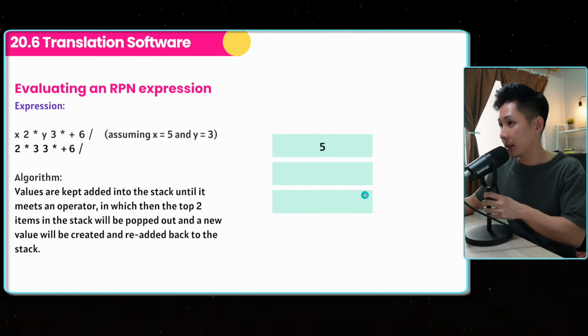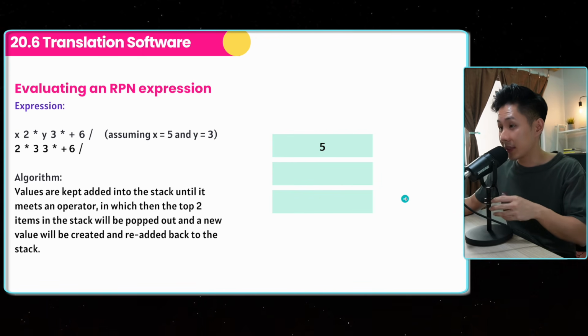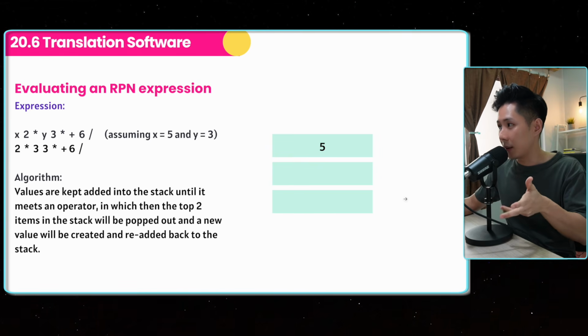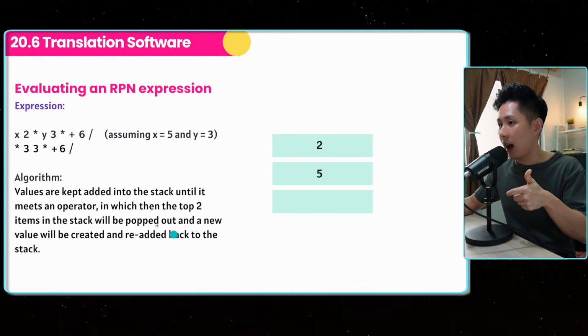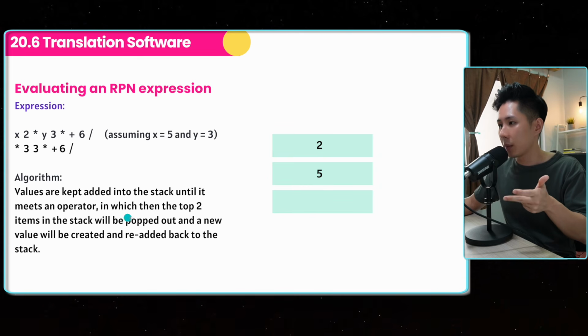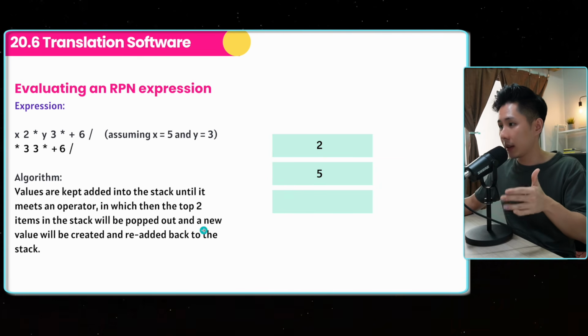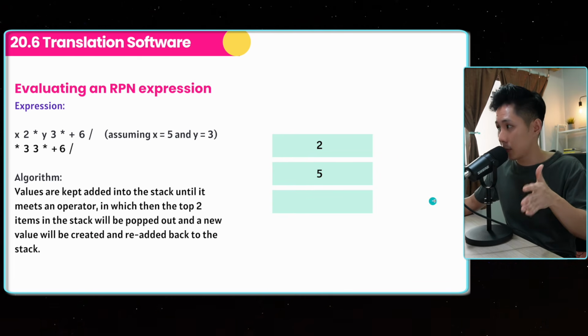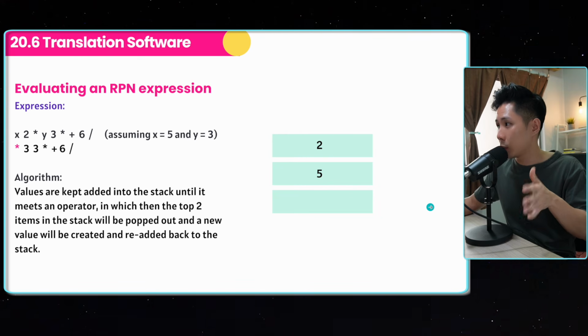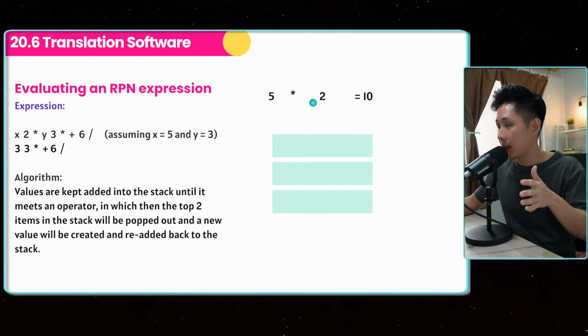Values are kept added into the stack. Remember, the stack means last in, first out. I'm going to add 5, 2, and then I'm going to keep adding into my stack until it meets an operator. What does it do? Then the top 2 items in the stack will be popped out, and a new value will be created and re-added back to the stack. So now the next symbol is the times operator, which is an operator. I'm going to bring 2 and 5 out, multiply them, and the result will then be added back into the